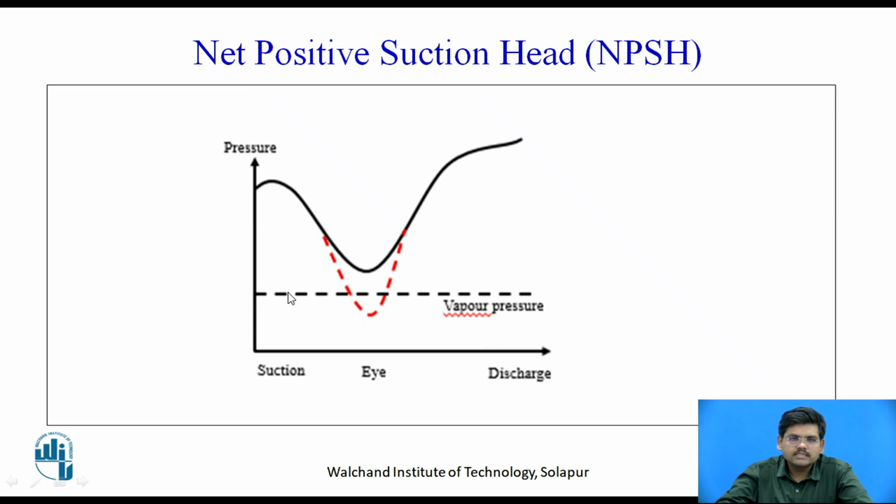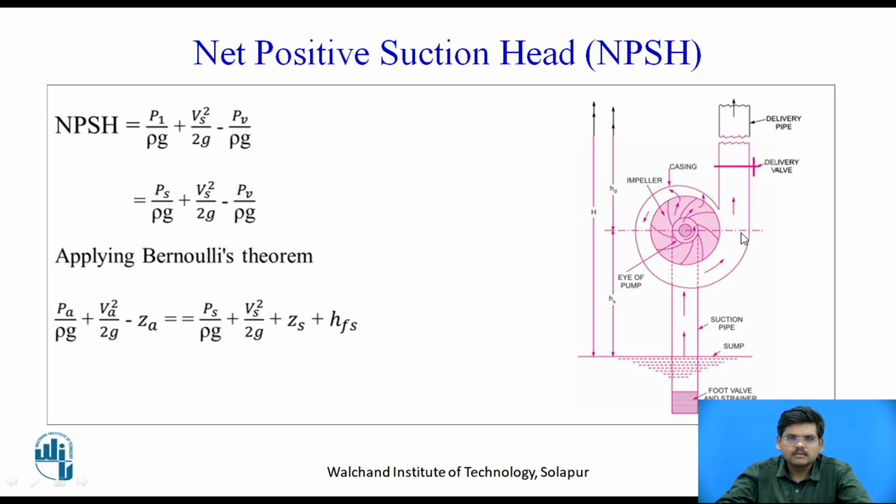So the region above this vapor pressure is called the NPSH section or NPSH zone. So the pressure should not fall below this vapor pressure. Moving further,